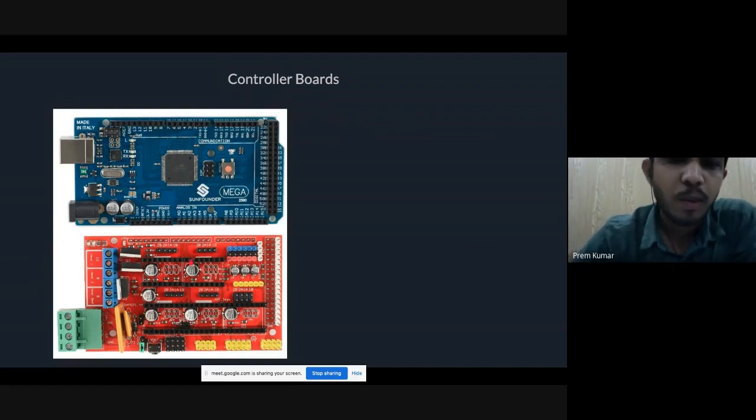Now, how does your controller board know how much the motor has to move your X and Y axis for a certain displacement? Like if you want to move 10 mm, how many steps the motor has to take.